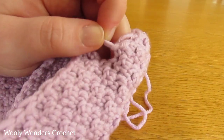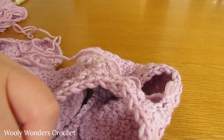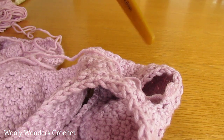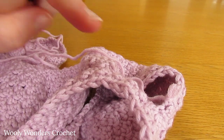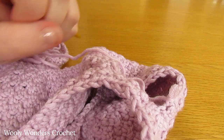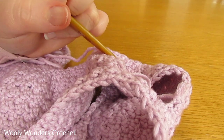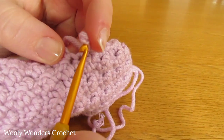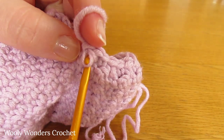And for this little section you can actually go down to a 4mm crochet hook. As we are going to be working into the side of the stitches, it is easier if you go down to a 4mm hook just for this small little section underneath the arms, and that way it makes it easier to get into the side of the stitches. But if you do choose to go down a hook size, make sure that you are working quite loosely to keep your tension even. So I'm going to use my smaller hook, and I'm going to do 1